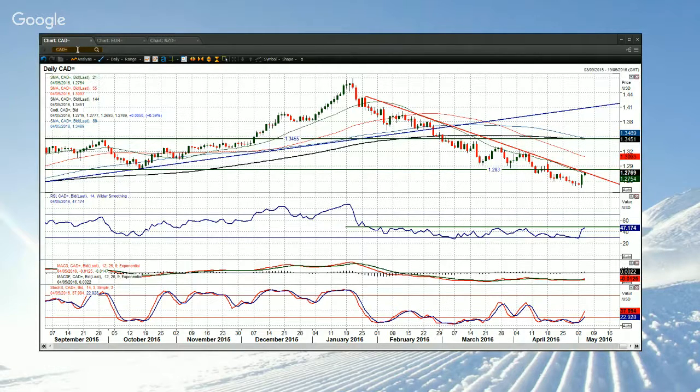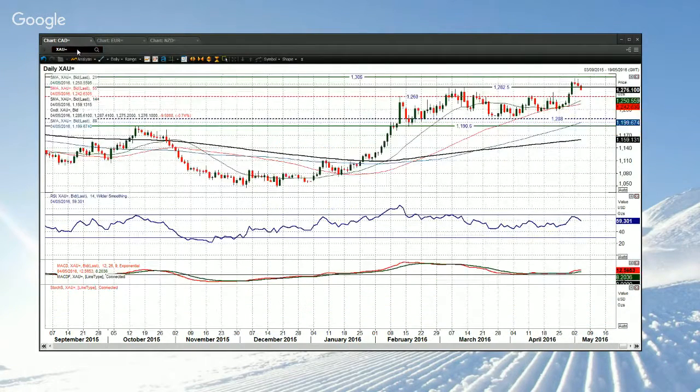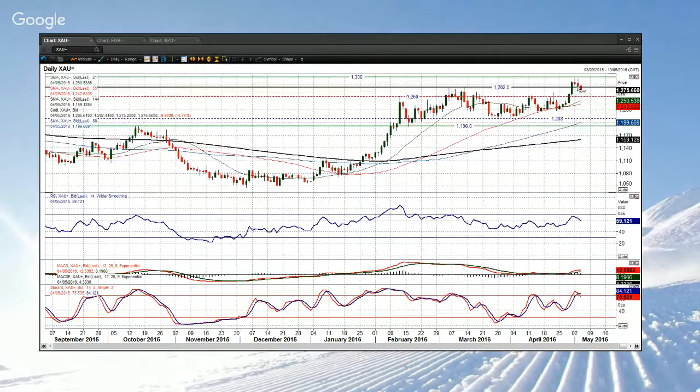Right, so let's look at gold, because we had that breakout on gold, but again it's falling back in. Reversal signals, that's a shooting star. We've had a subsequent confirmation candle there, and another one today. We're seeing the correction coming through. We're seeing the stochastics rolling over, RSI rolling over. Near term, I think the support comes in at 1260 to 1270. I think they are the levels that you need to watch out for.